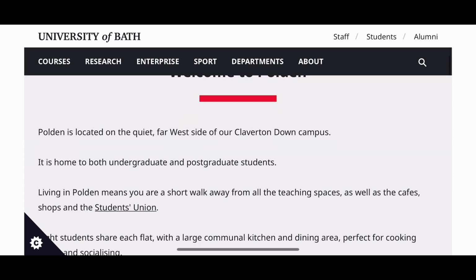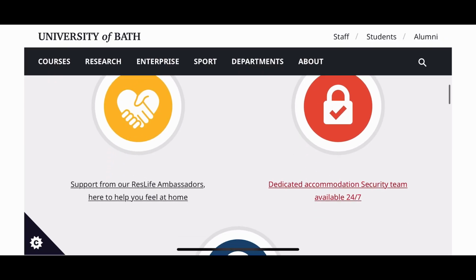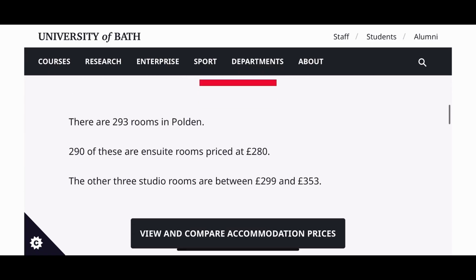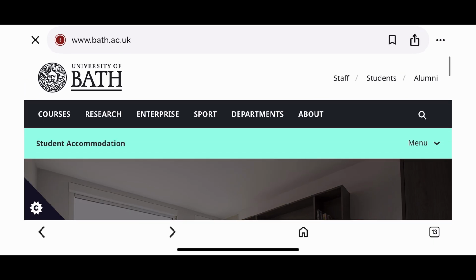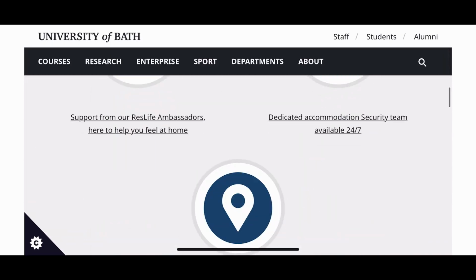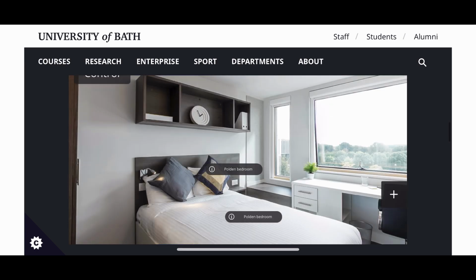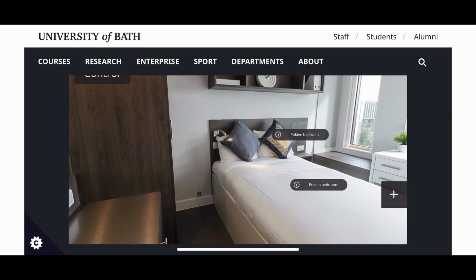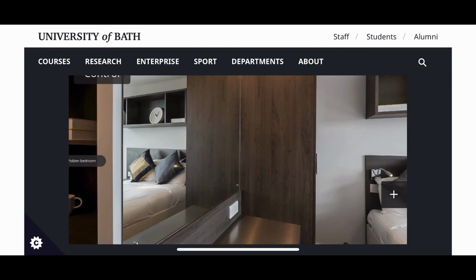Now this is my accommodation that I selected. What I did was I went to a 360-degree view of that accommodation, how it looks in real, and trust me, it actually looks like that. Okay, so let's go to the 360-degree view. So, see, this is my whole room, and trust me, it was the same.